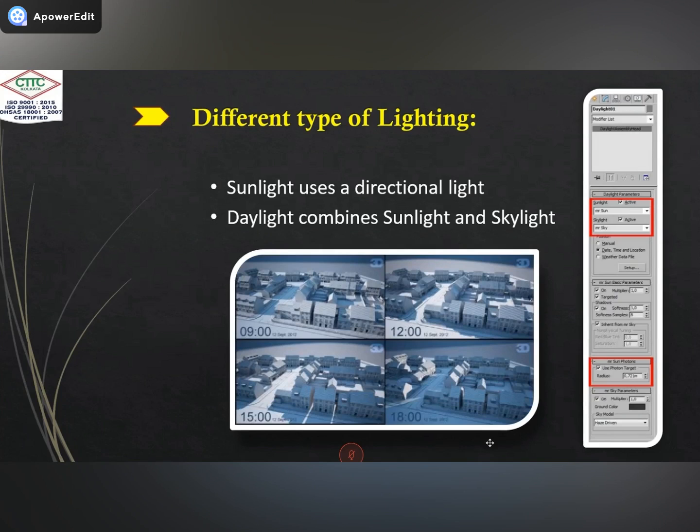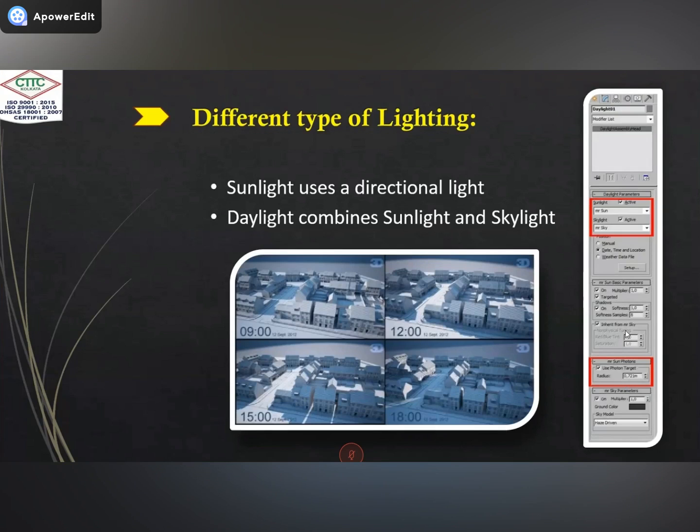So here I give one example. The light tool is there, and here you can see the sunlight is there. My sun, my sky, you can use this. You can also use multiple parameters. How much intensity you want to specify, you use the radius, how much radius you cover on that area. So you can use it, and there are lots of examples.